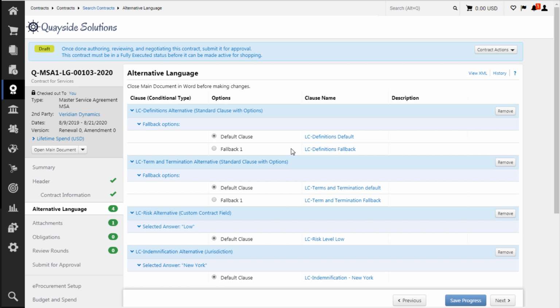In the real world, the legal department would have pre-approved some language for a couple of choices here prior to our creation of this contract or even the main document template. An administrator put both those options into the template and they appear here. So if we were conducting review rounds or negotiating our contract with our second party, and maybe we want to